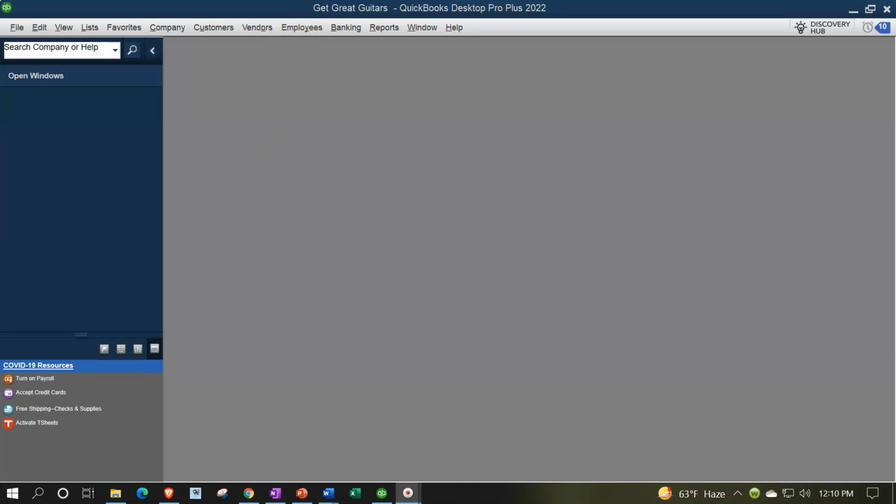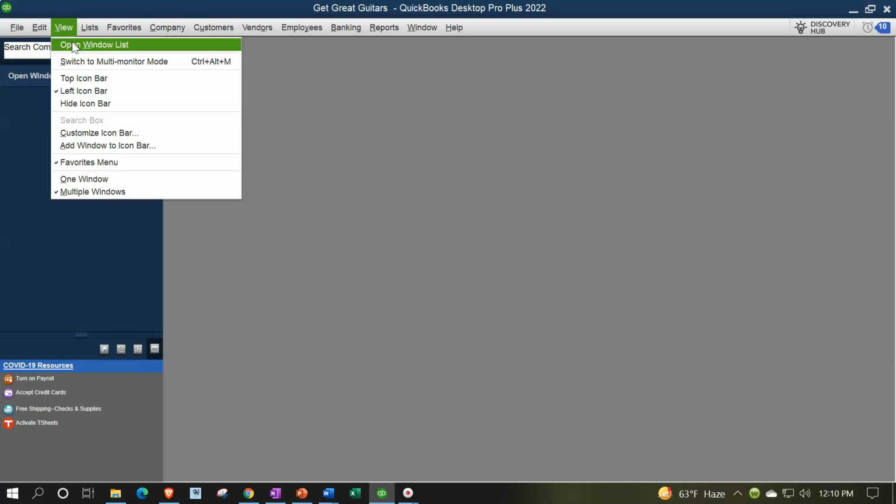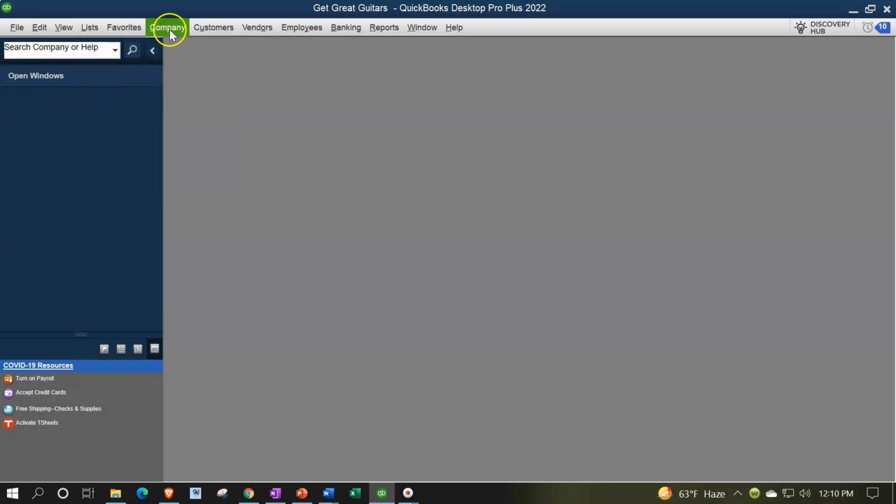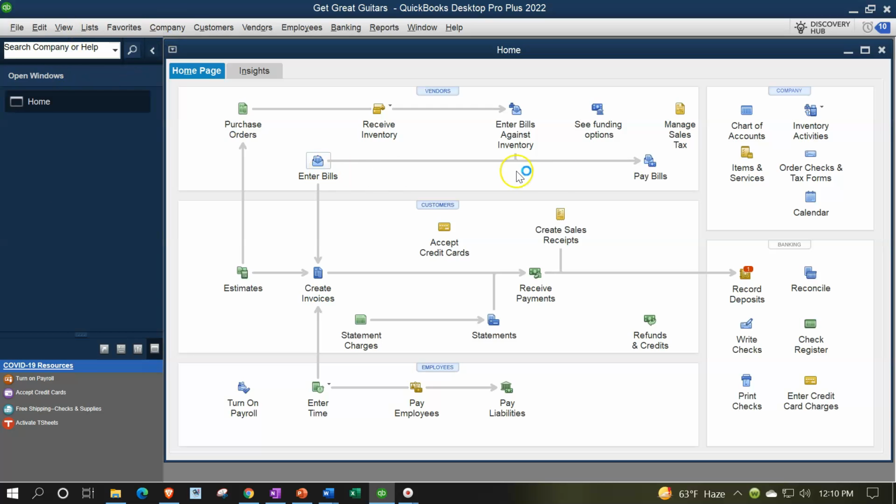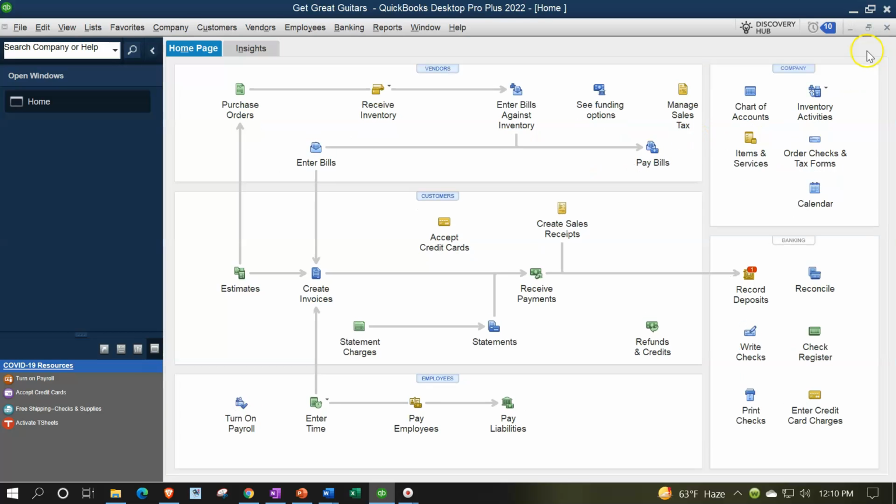Here we are in our Get Great Guitars practice file, going through the setup process with the View dropdown, the Open Windows list on the left-hand side, Company dropdown, Home page in the middle, maximizing it to the gray area. Not going to be opening up the financial statements yet because we're going to be setting up our billable information,